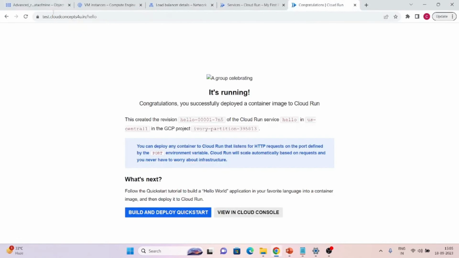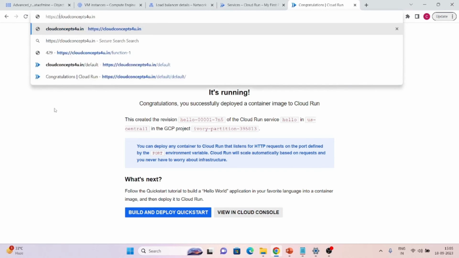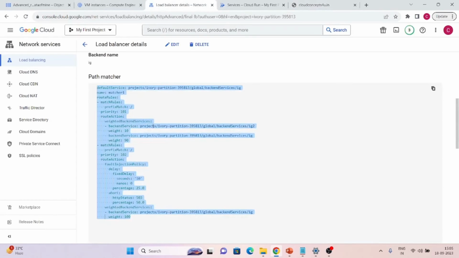So let's test our traffic. It will work on my default main domain. So let's run this. As we send in traffic, you can see it is not working. It is just giving the same response, instance 1, instance 2. It is quite surprising why it is not working. The main issue is that we have to take the priority into account, which is a very main concept. This is priority 101, this is 102.